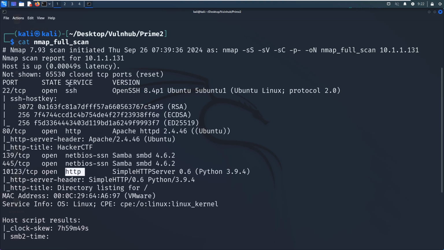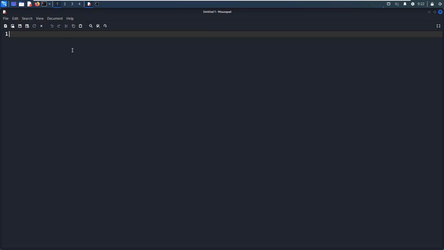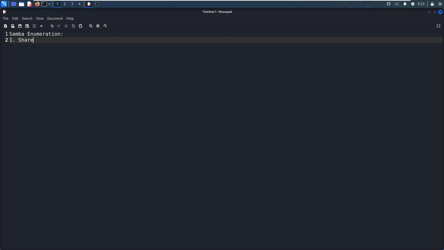I'd like to make a very quick recap. What do we enumerate from the Samba service? First, we need to know if there is any share offered by the target machine remotely. Second, we should try to get its usernames.